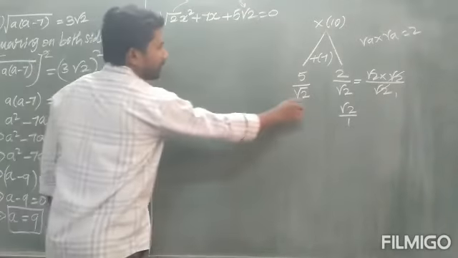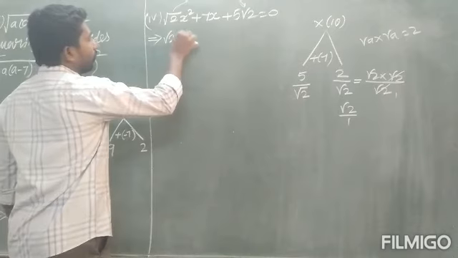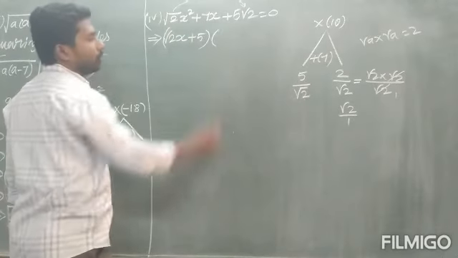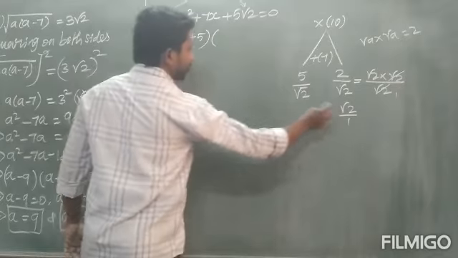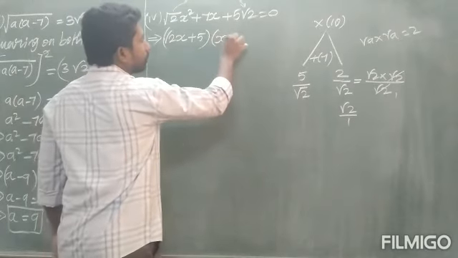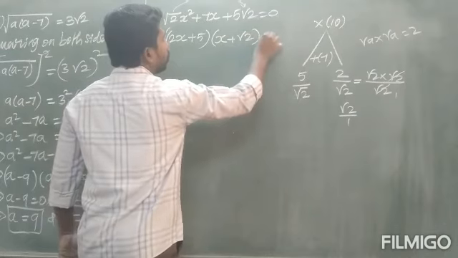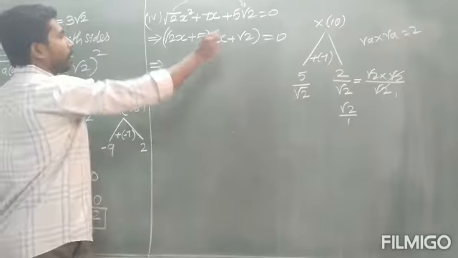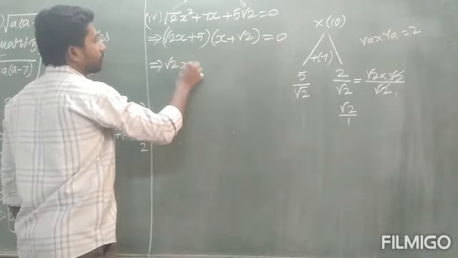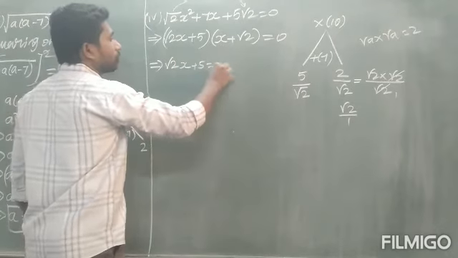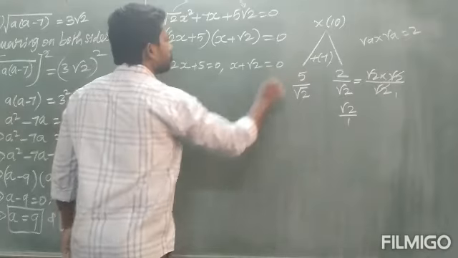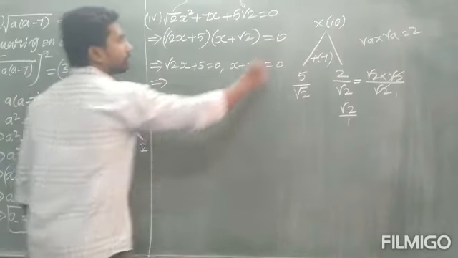x is we have to do for x: root 2x plus 5 into one more factor. The denominator is x, that means x plus root 2 equal to 0. So we have to separately put each equal to 0. So square root of 2x plus 5 is equal to 0, comma, x plus square root of 2 is equal to 0. This implies that